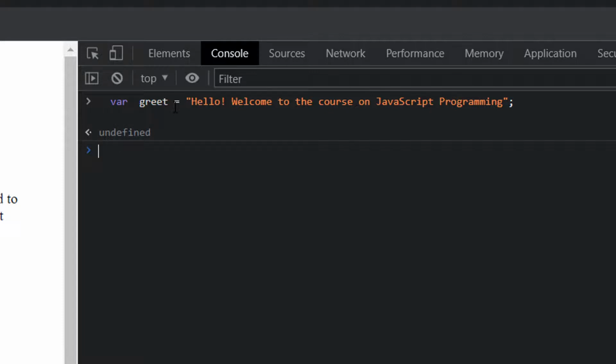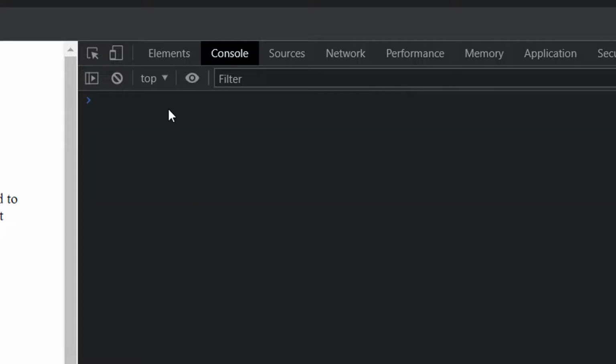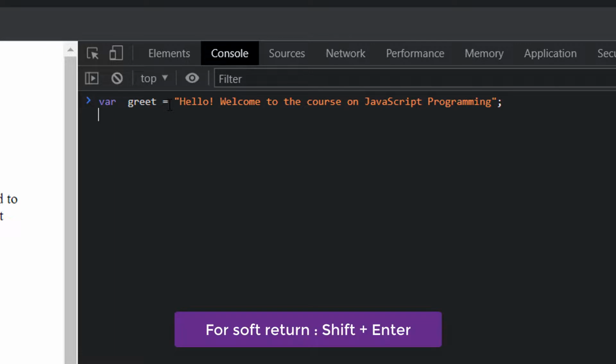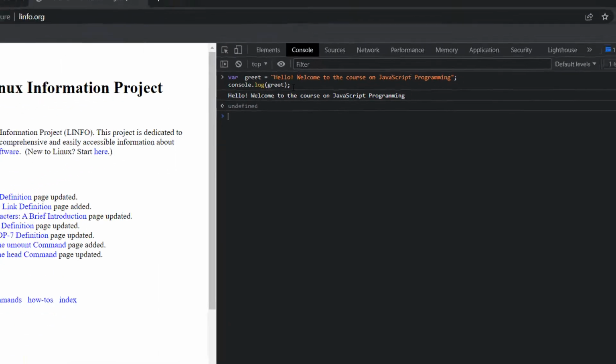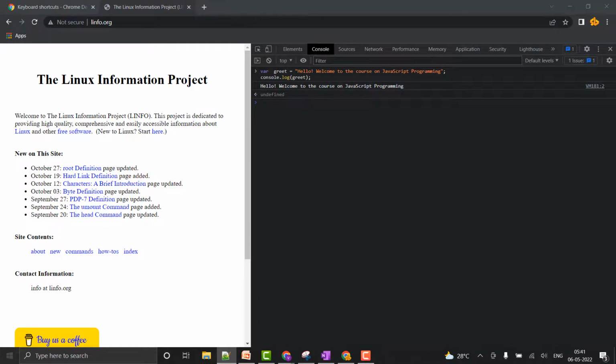But if we want to type in all the statements first and then execute them together, that is, to type multiple lines of code, press Shift and Enter at the end of each line to insert a soft return, and only press Enter when you're finished typing to run the full block of code. This is the best and fastest way to start running ad hoc bits of JavaScript code snippets using this browser's developer console provided as part of